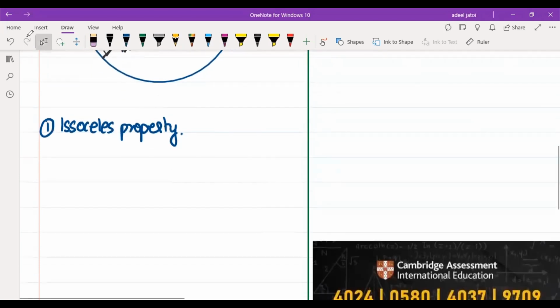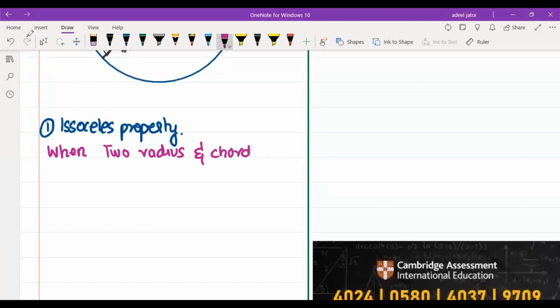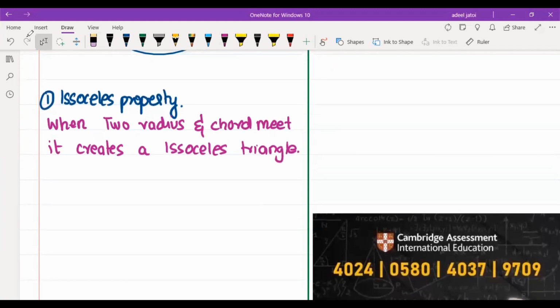Isosceles property is when two radius and a chord meet, it creates an isosceles triangle. What does isosceles triangle do? Isosceles triangle, when two sides are equal,